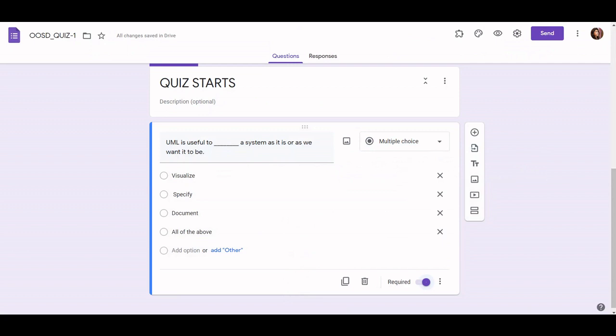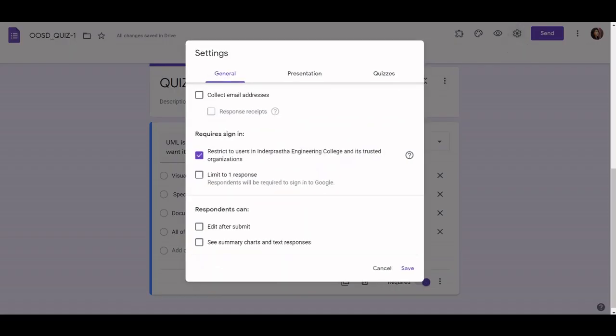So what we are going to do is go to the settings. In settings I need to collect the email addresses of the students as well, because while filling up the quizzes students can randomly write their roll numbers or name, so that the teacher cannot identify them if they are giving wrong answers. And we will limit responses to 1 so that the student will only be able to provide one response, so that redundancy reduces and the student cannot submit the answers again and again.